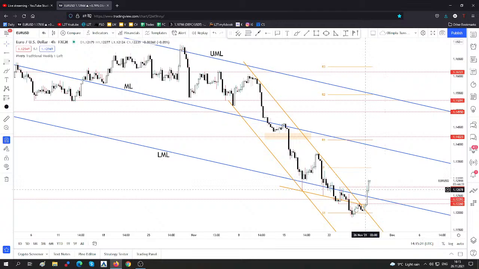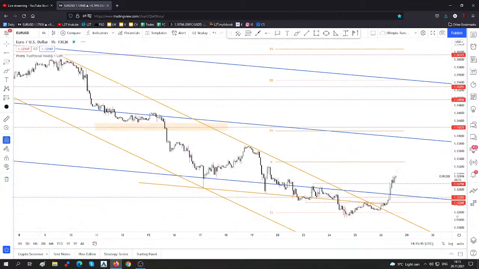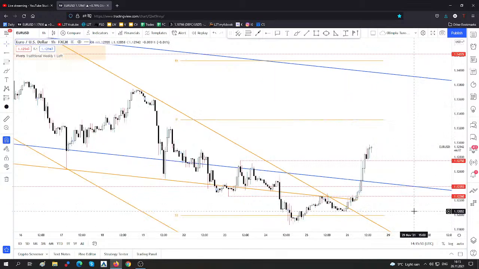Okay. So let's talk also about the euro versus the US dollar rebound. This rally was so strong here. Unfortunately, we didn't have something like a pattern here to signal this rally in the short term. The fundamentals forced the US dollar to depreciate right now in the short term, and also the fundamentals forced the pair to rebound. So here we didn't have something really strong to consider maybe buying